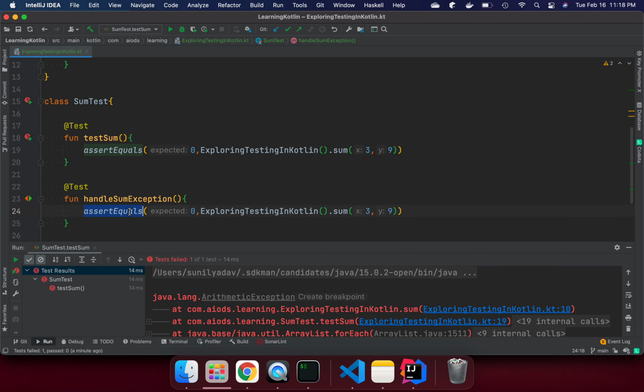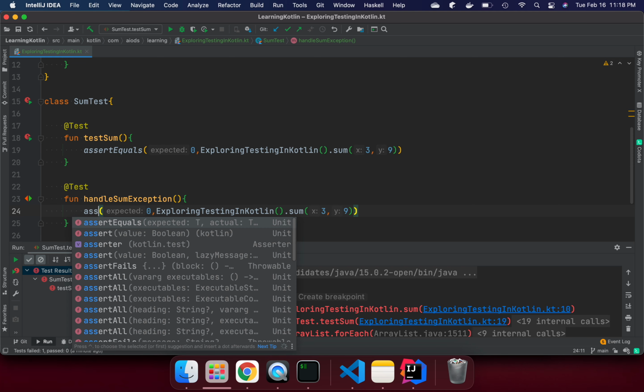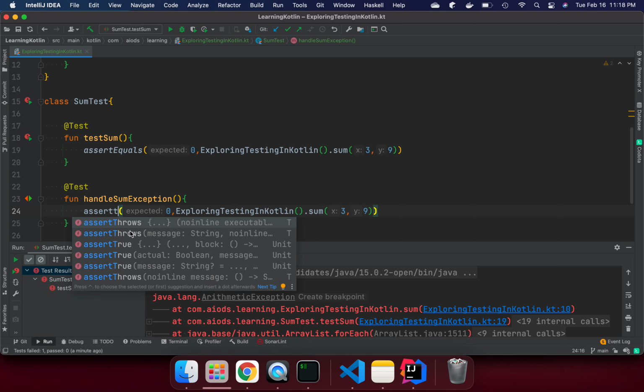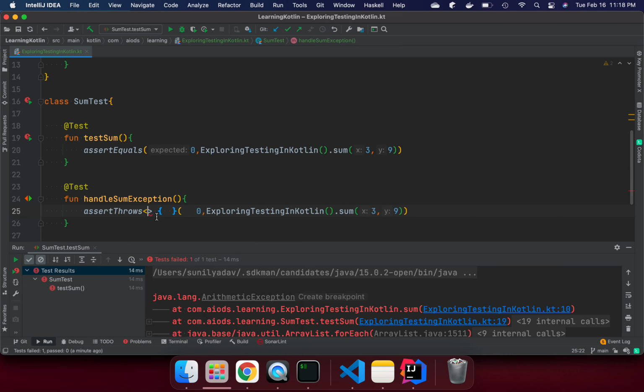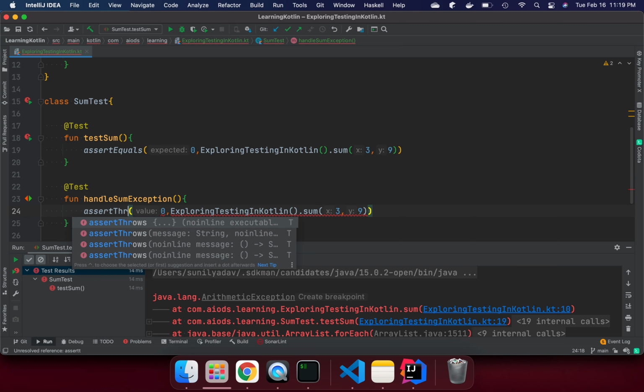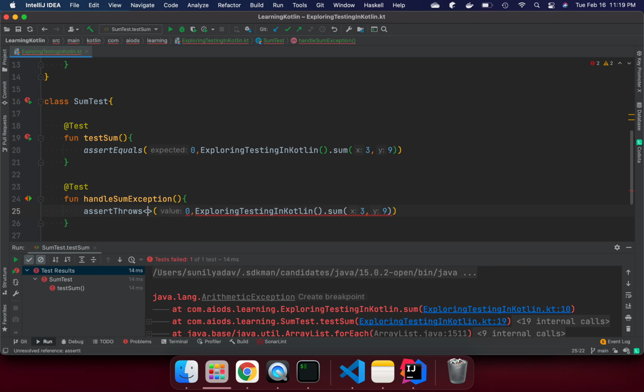In place of assert equal, we need to use assert throws. Not this one, I'm going to use just assert throws. This is the class we have.